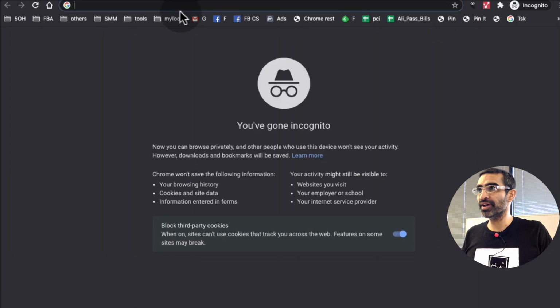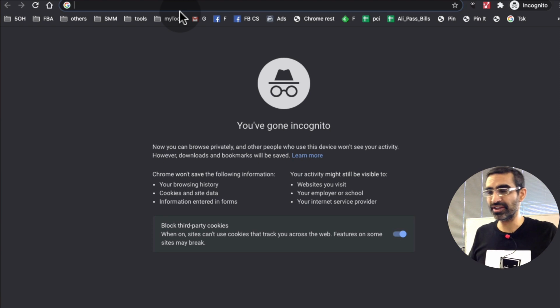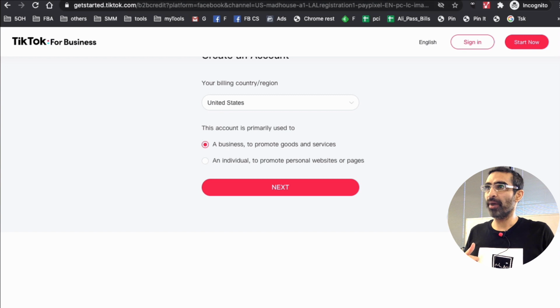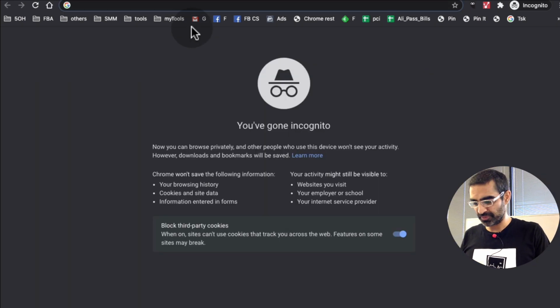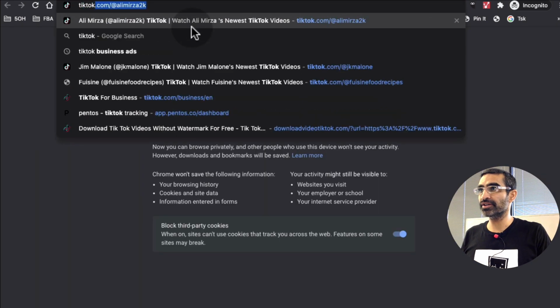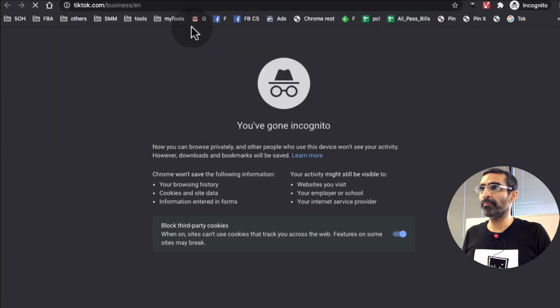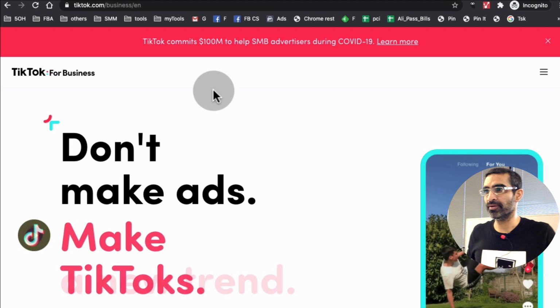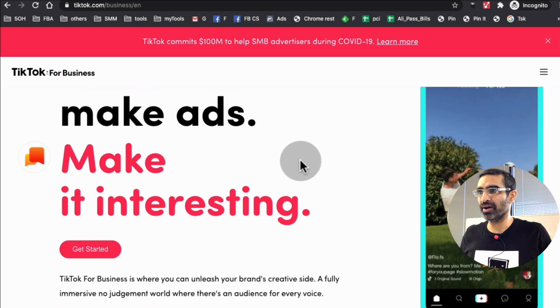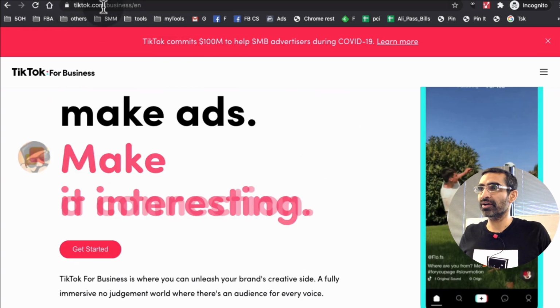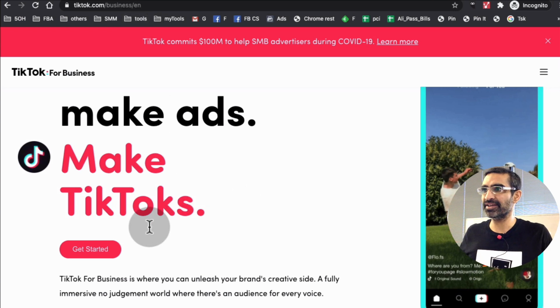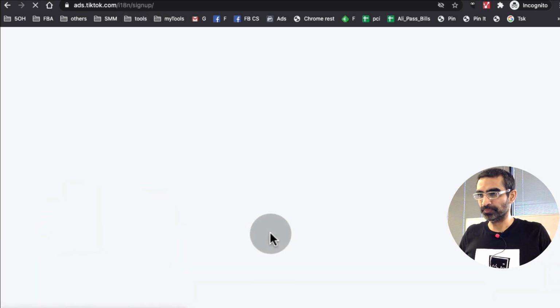Another way to do this is, let's say you don't see that ad, because I clicked on the ad to open this link, but what if you don't see that ad in your Facebook Ads Manager? So what you can do is, let's go to tiktok.com/business right here, and it's the same process. So tiktok.com/business, click on get started,